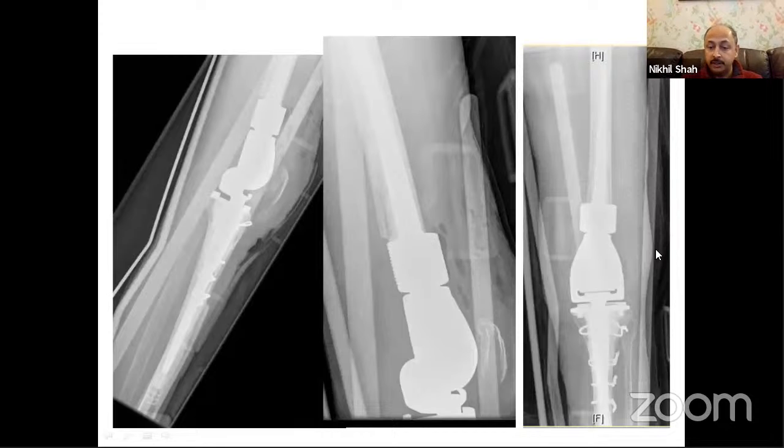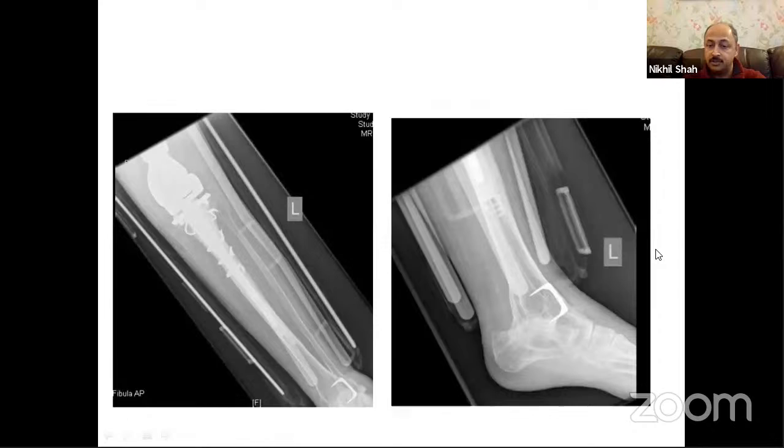You can see that the TTO goes really, really long. The mistake is to do a short TTO. That causes a lot of problems. And then you go for a long TTO, and I went for a distal femoral replacement with a collar that is coated with HA. This is the Stanmore prosthesis, and a very long stem that goes beyond the TTO and gets good fixation. And that is the follow-up, and the patient's doing quite well.